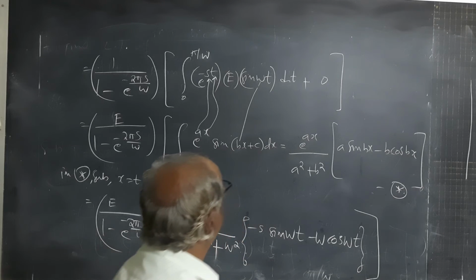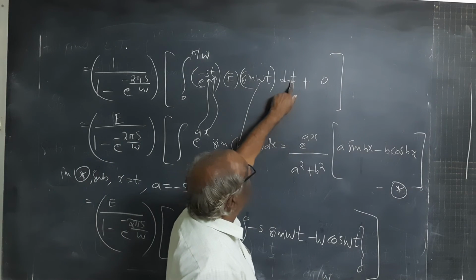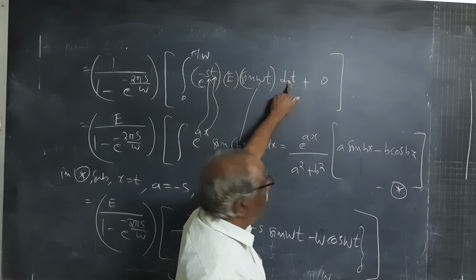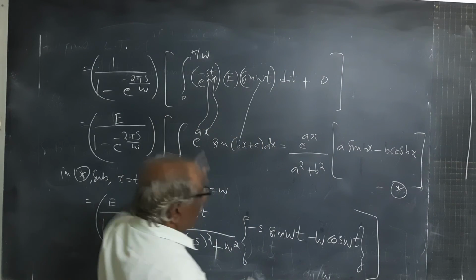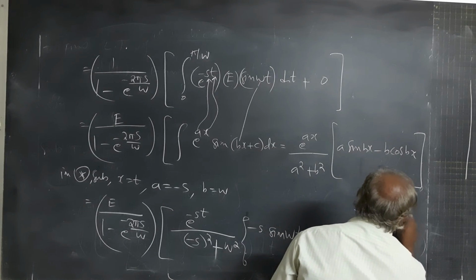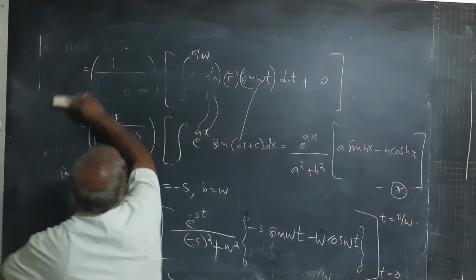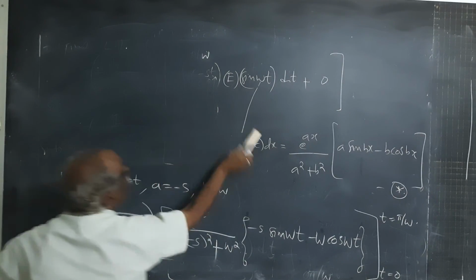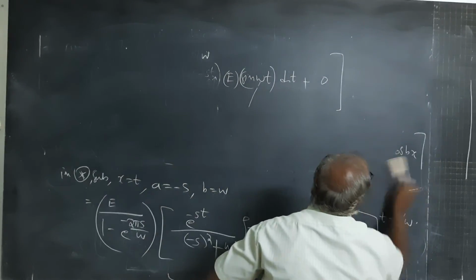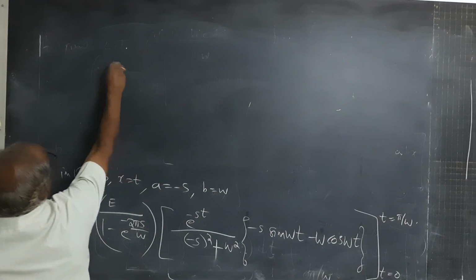Now what are the limits? 0 to pi by omega. How have I carried the integration? dt with respect to t. So therefore t is equal to 0 lower limit, t is equal to pi by omega upper limit. So this becomes,